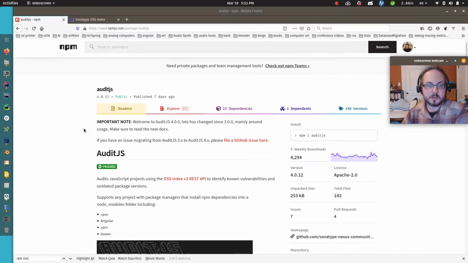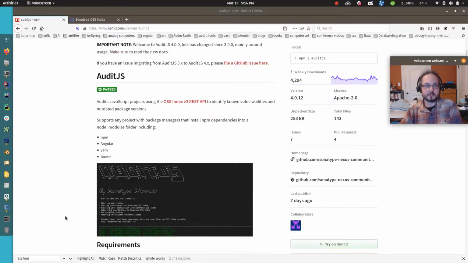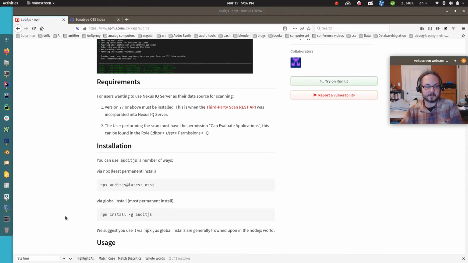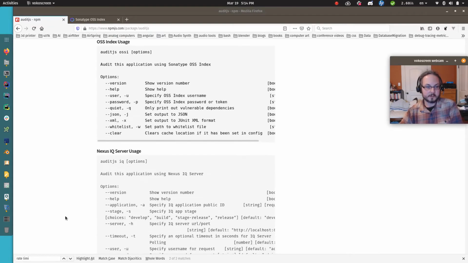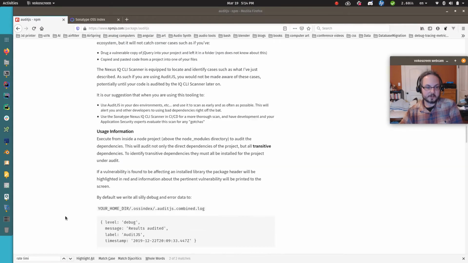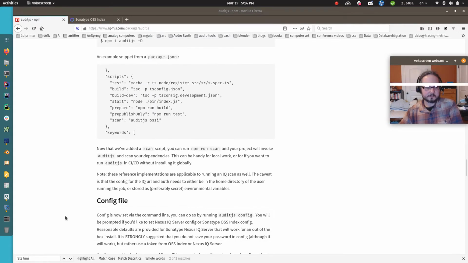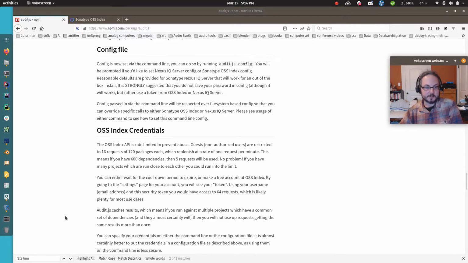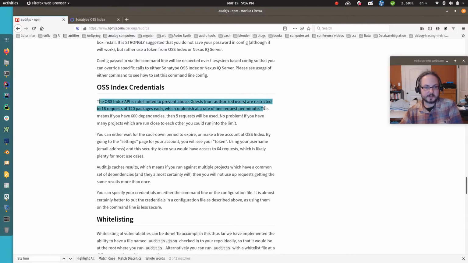So what AuditJS is, it's a tool that is backed by this OSS Index database, which is a database of known vulnerabilities mapped to dependencies, and you can use it to scan your Node projects and find dependencies that you might want to bump. It's worth pointing out here that it is rate limited, but that's if you don't have